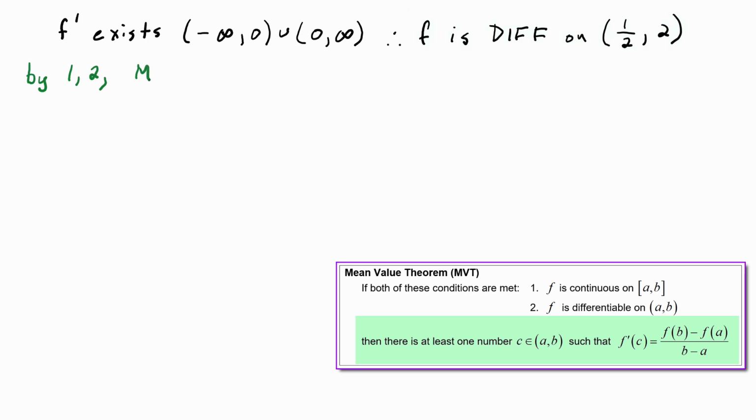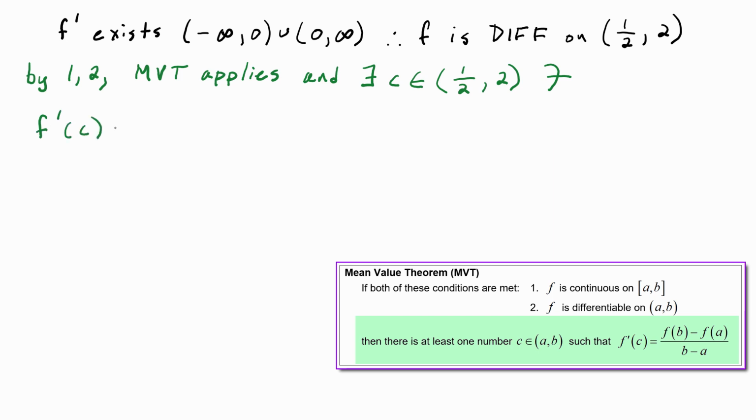That means we know the mean value theorem applies, and there exists c on the open interval from 1/2 to 2 such that f prime of c is going